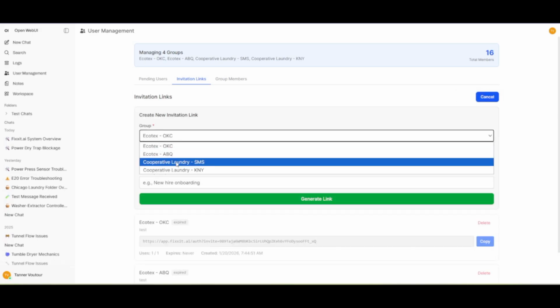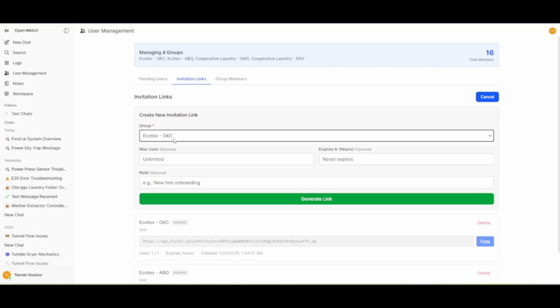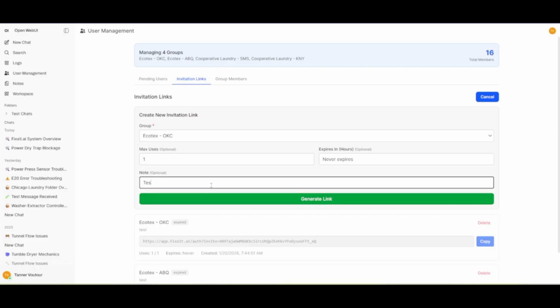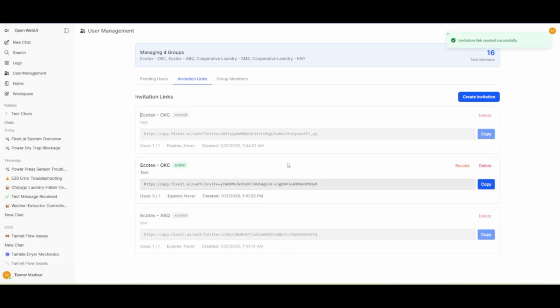You would select the group that you want to create this for. So we'll just select this one. Max use is 1. And we'll say it expires, we'll just say it never expires, and we'll say this is a test. And so if we generate this link, now you can see that it's active here. And if we copy this